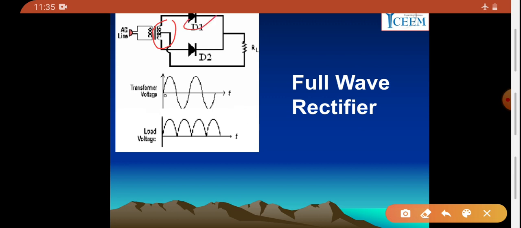So D1 and D2 are the two diodes. There is a load as usual. This is the input waveform and the output waveform. Now you can see both the half cycles, positive as well as negative, are giving you the output. The negative half cycle is reversed to positive,